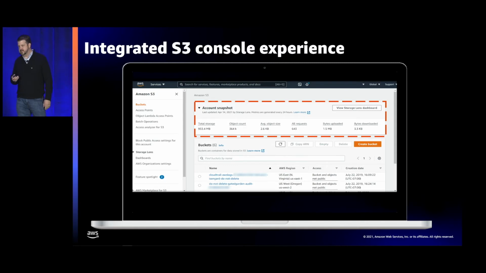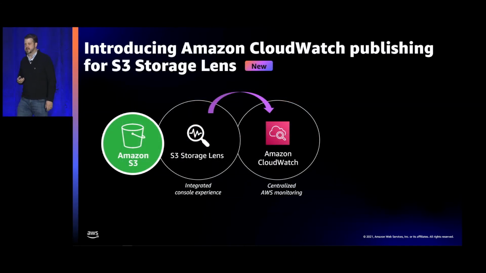And that's actually what leads us to our big release that came out just last week, which is the new Amazon CloudWatch publishing option for S3 StorageLens. With this feature, you turn it on per dashboard. It's an optional feature. It enables you to sync all 29 metrics into your Amazon CloudWatch account on a daily basis. Once they're there, you can start doing centralized monitoring across all of your AWS applications, including now StorageLens.